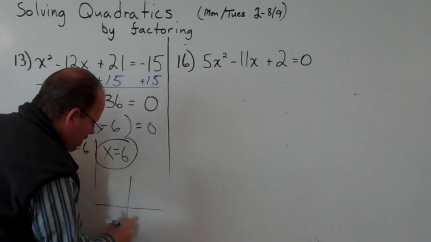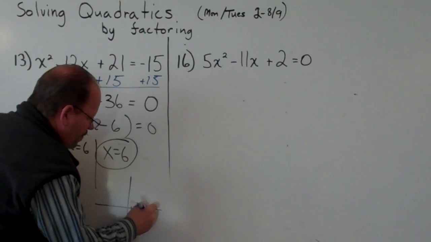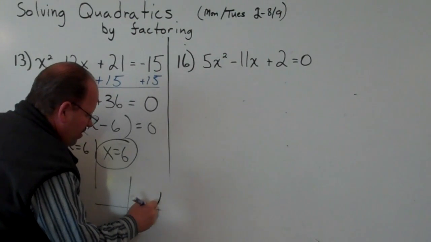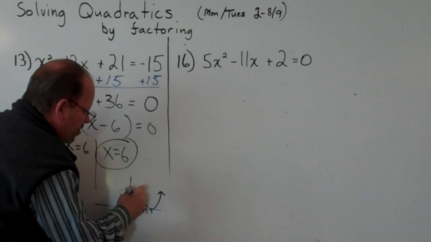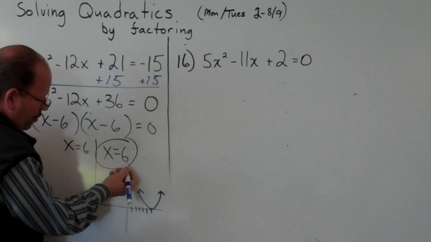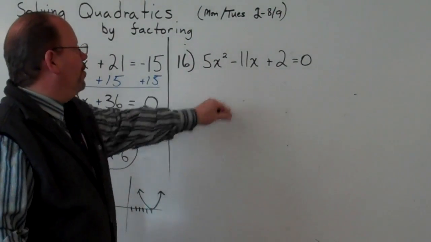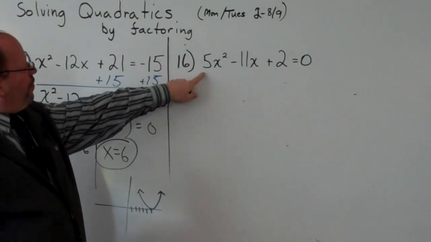And if you were graphing this parabola, you would find that the vertex just rests on the x-axis. That's why there's only one 0. There's only one solution. Okay, now coming over here, we have a little bit of a difference in that we